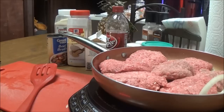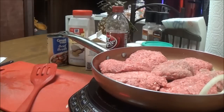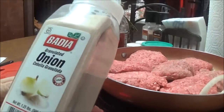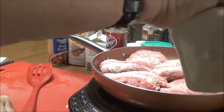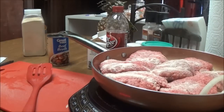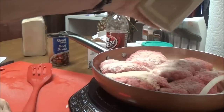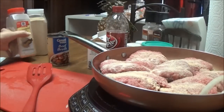Alright, now on these patties, I know you're probably going to think that I'm crazy for doing this, but I'm going to put some granulated onion powder on top of the patties. And then I'm going to put some granulated garlic on top of them. And then I'm just going to let these